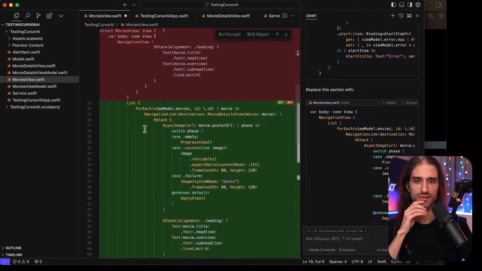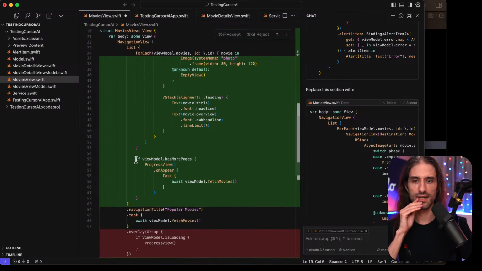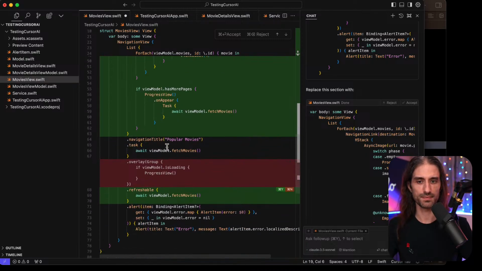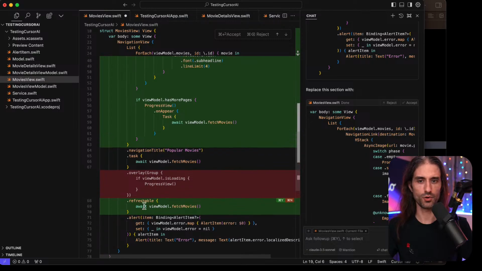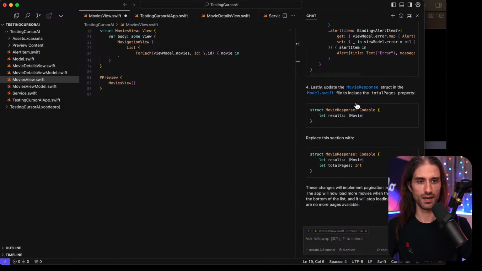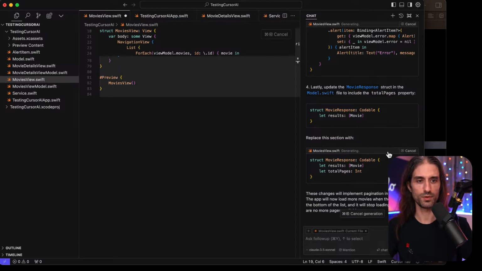It's putting a list for each. And then if it has more pages, it shows the progress view. When the progress view appears, it calls fetch movies again. And there is also a refreshable, okay. That makes sense. And then you need to update also, so you need to also update